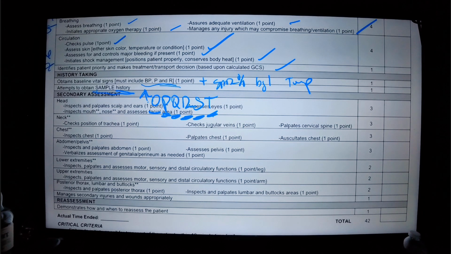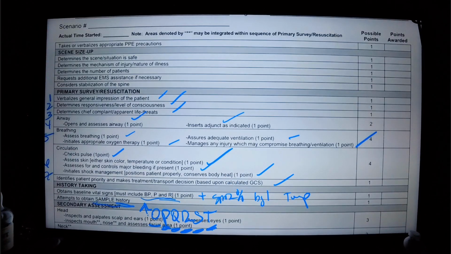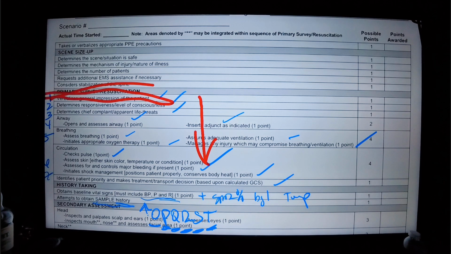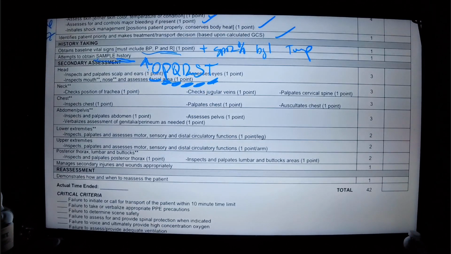Just get it done. There's no order to it. ABCs or primary assessment, there is order. Must be followed. So this is where we get vital signs, OPQRST, SAMPLE, and then in case of trauma, we're going to do